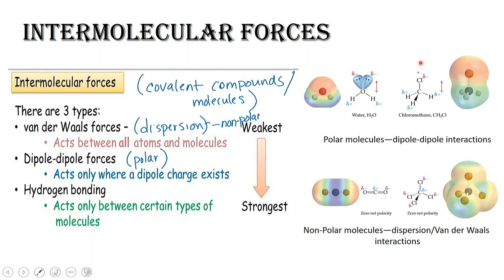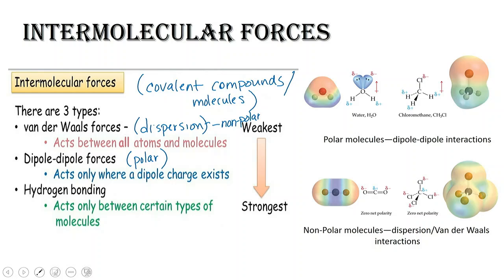Chloromethane, notice we have one chlorine and three hydrogens, and we have a dipole going up towards the chlorine atom. So polar molecules can undergo dipole-dipole forces. Whereas, notice these molecules down here, they have no net polarity, so they will interact with each other via van